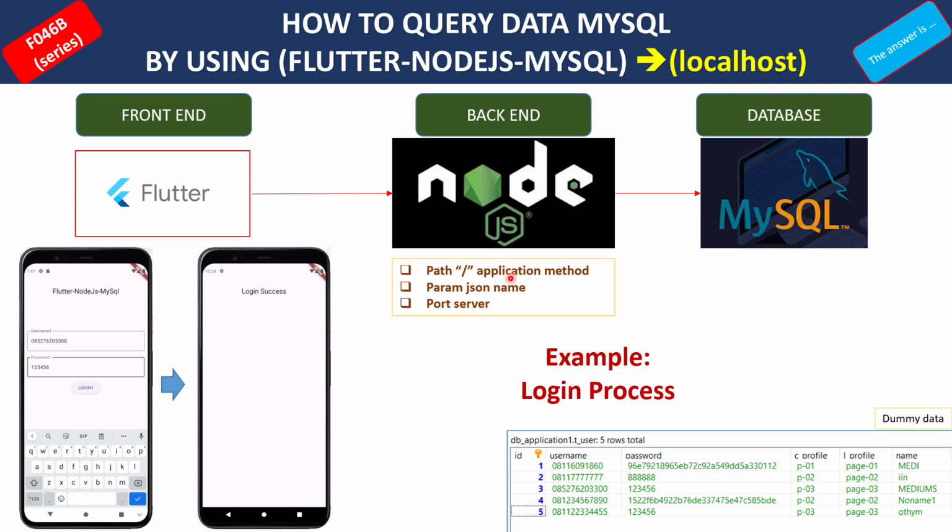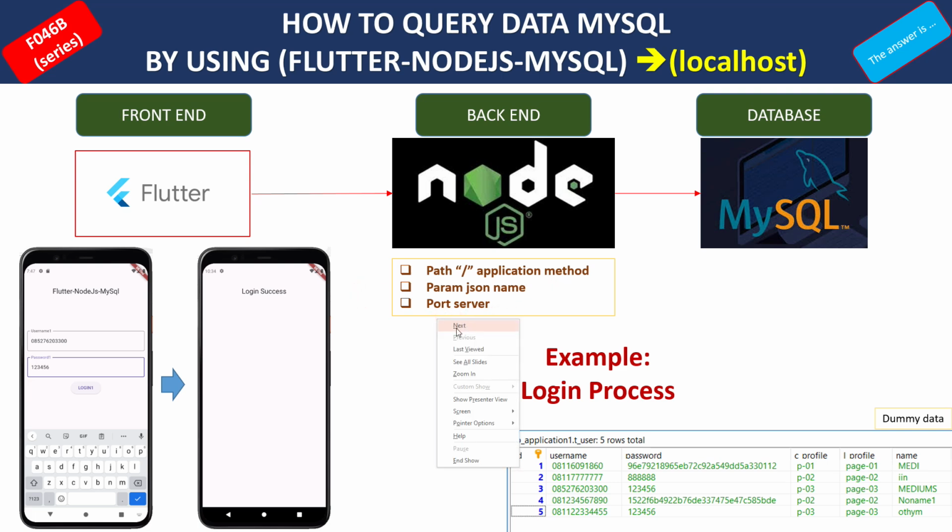This is a keyword on how to make an integration from Flutter to Node.js. The first one is path. Next, I can explain how to use this path for this integration. And then the parameters name, JSON's parameter name. And the last one is port server.